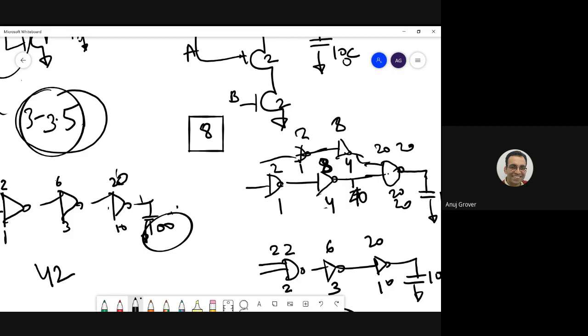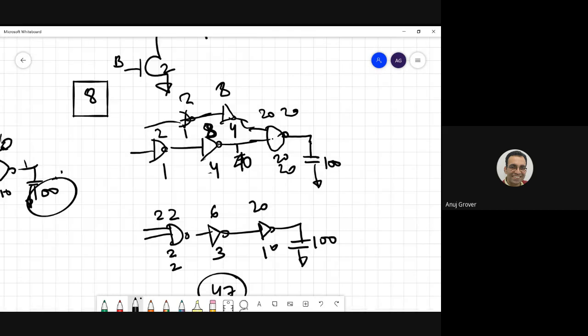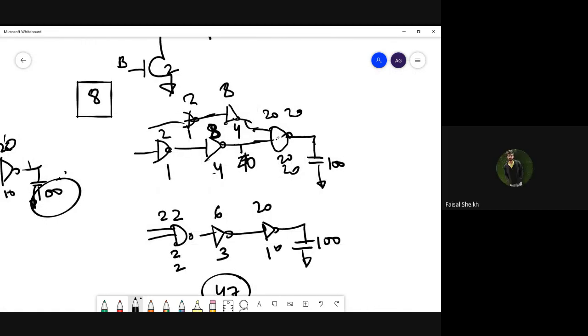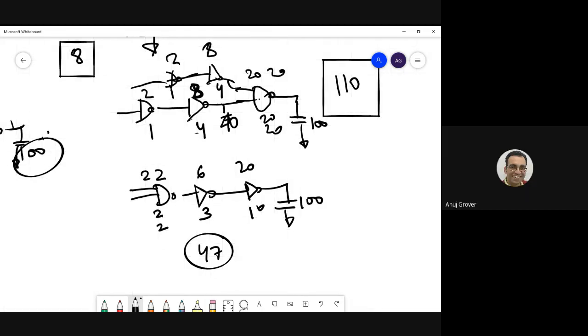So what is the area for this now? हाँ इसमें 3 plus 15, 15 into 2, 30. 30 plus 80. Now it is clearly visible. You see 47 and 110. So to maintain that stage ratio, that is why we are doing this.